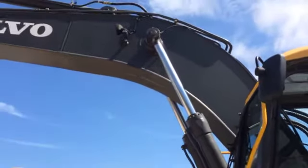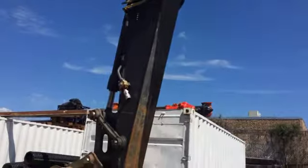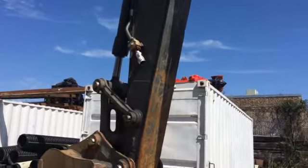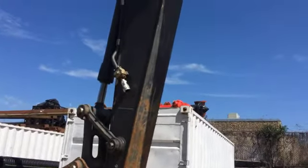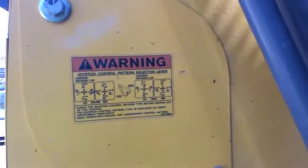As far as options go, as you can see, this has got auxiliary hydraulics. It's got a pattern control change valve, and the valve is back behind this plate. So you've got your choice between ISO and what I call British Standard or backhoe style controls. You can probably see that lever over here a little better. It's that red knob right there. You just undo a set screw and